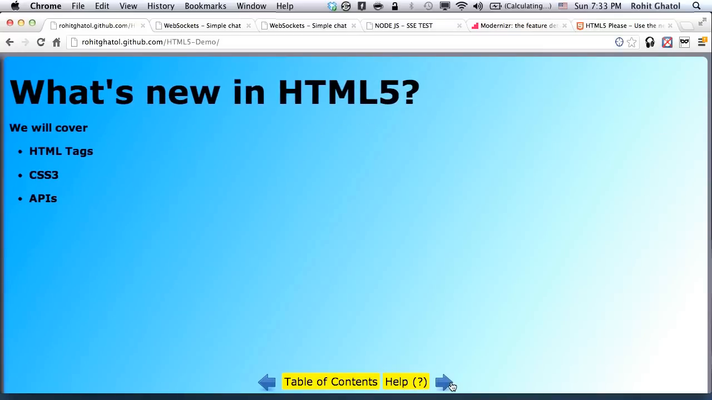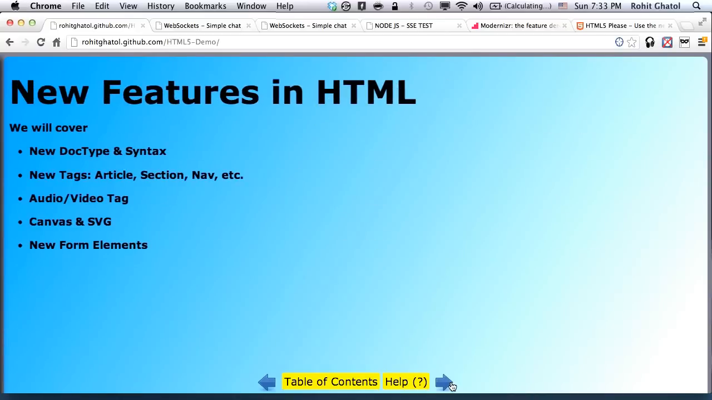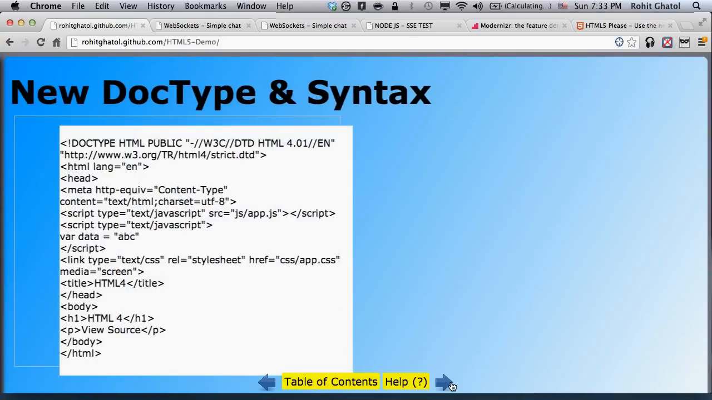So let's just start. The first thing is all about HTML tags. This is a very simple thing. We'll cover the doctype and the basic syntax of HTML tags. We'll go towards new tags. We'll cover the audio and video tags in detail. We'll talk about canvas and SVG for drawing, and we'll talk about new form elements. So let's just look at this particular slide. It talks about